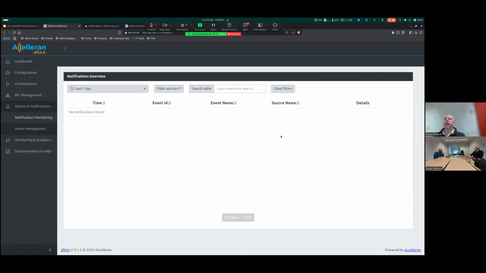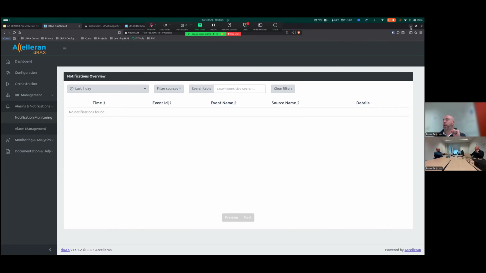But basically, it's another concept: event-based messages, not periodic messages. Normally, these would come from the RAN, for example, but you can also have event messages from the xApps, and you can visualize them here on the dashboard immediately.